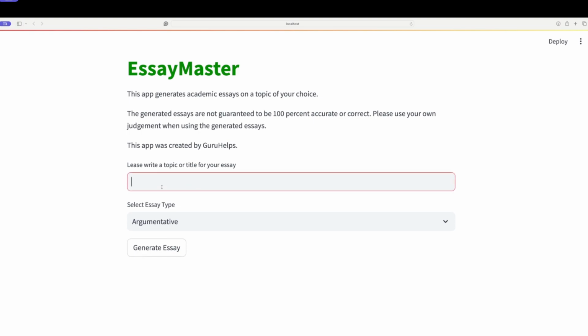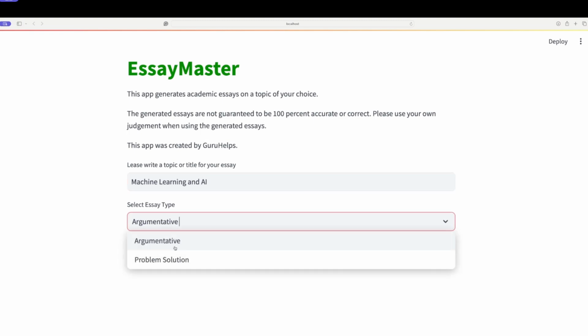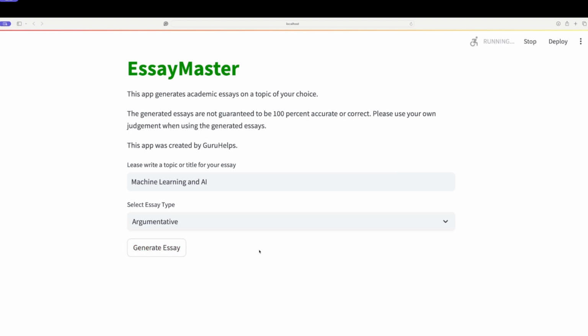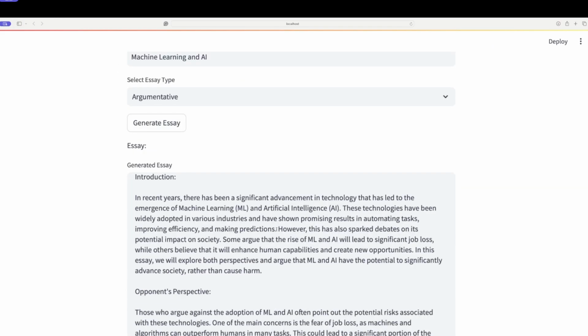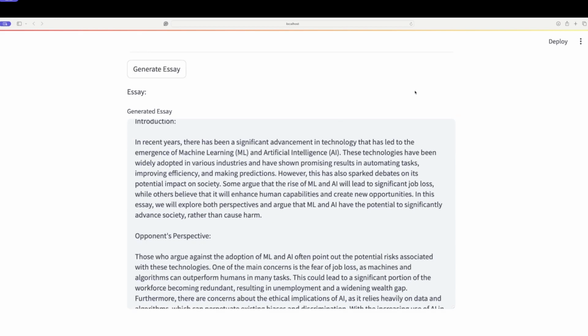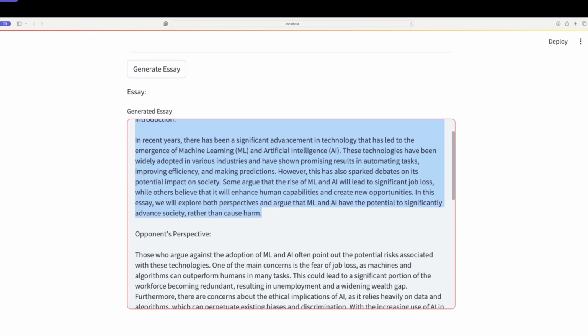And now let's try. That's machine learning and AI, and let's choose the type of essay: problem solution, argumentative. Generate essay. Let's see how it responds. Right, it's generated, right? It's very nice. So you can see it's perfectly generated the essay, an argumentative essay